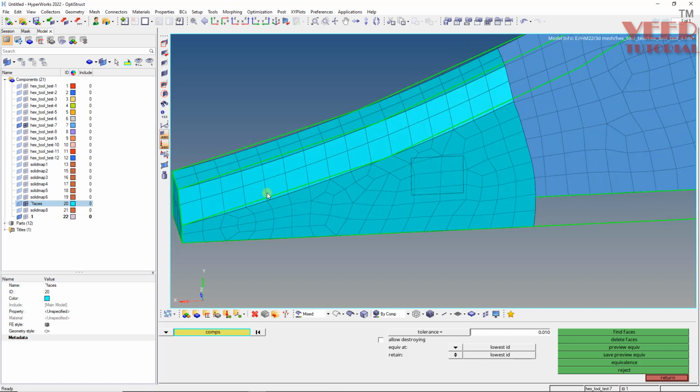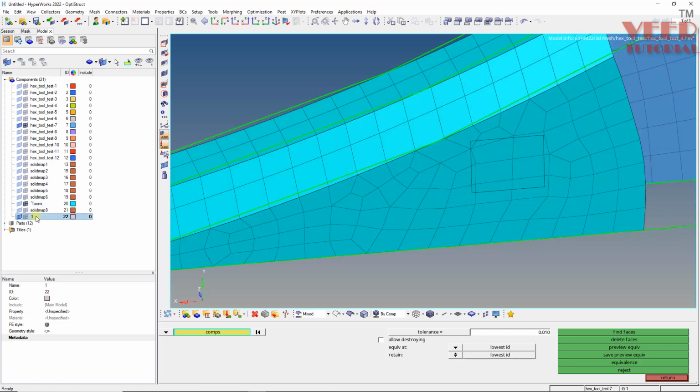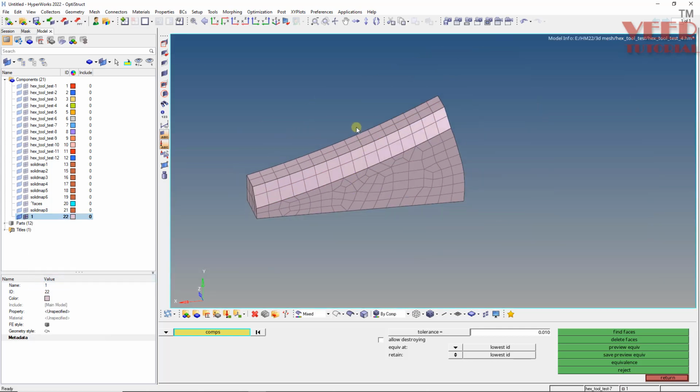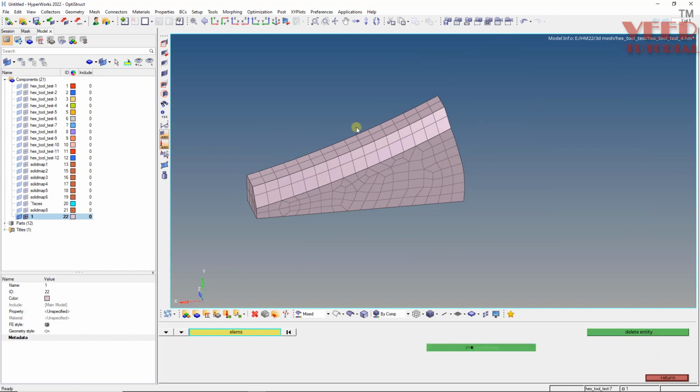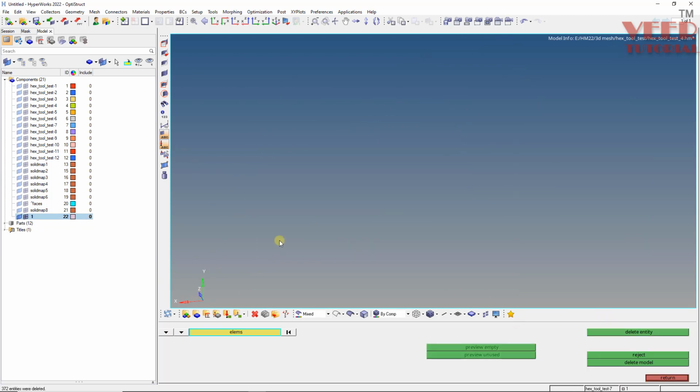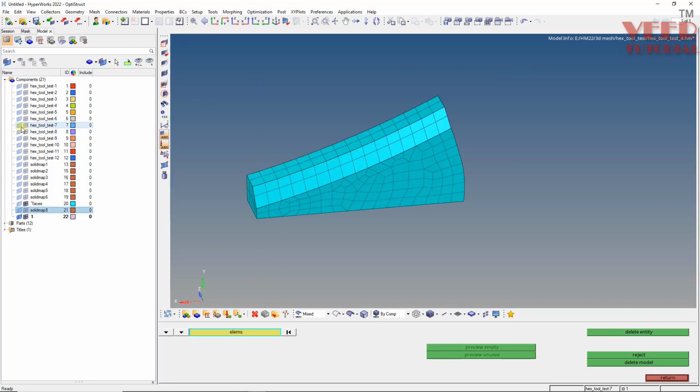Okay, so after finding the faces, right click on the first part. Okay, right click, isolate only. Now I don't need this mesh, so F2 and delete all this mesh. Okay, so I will turn on these faces, I will turn on this part 7,